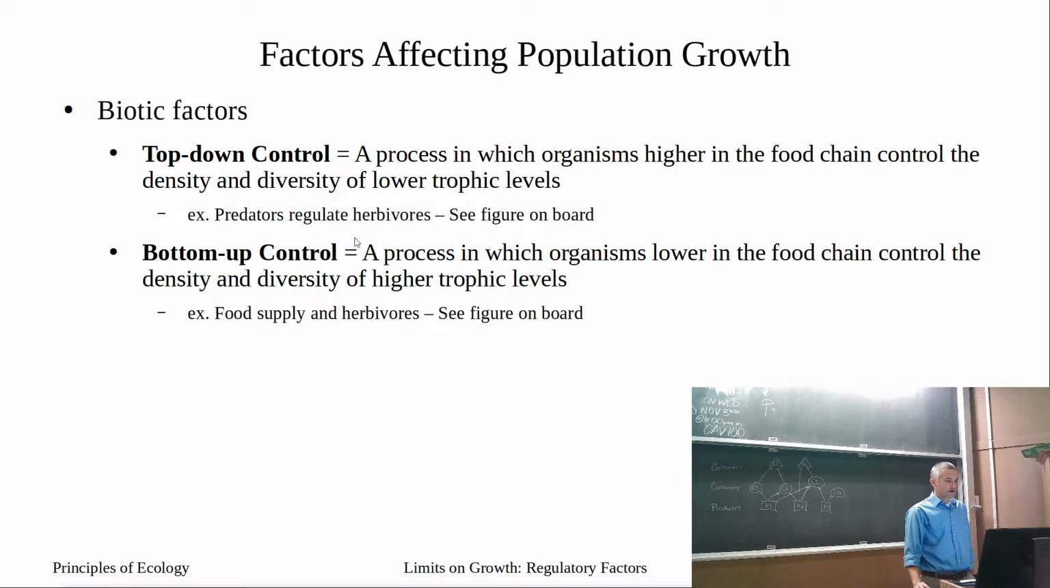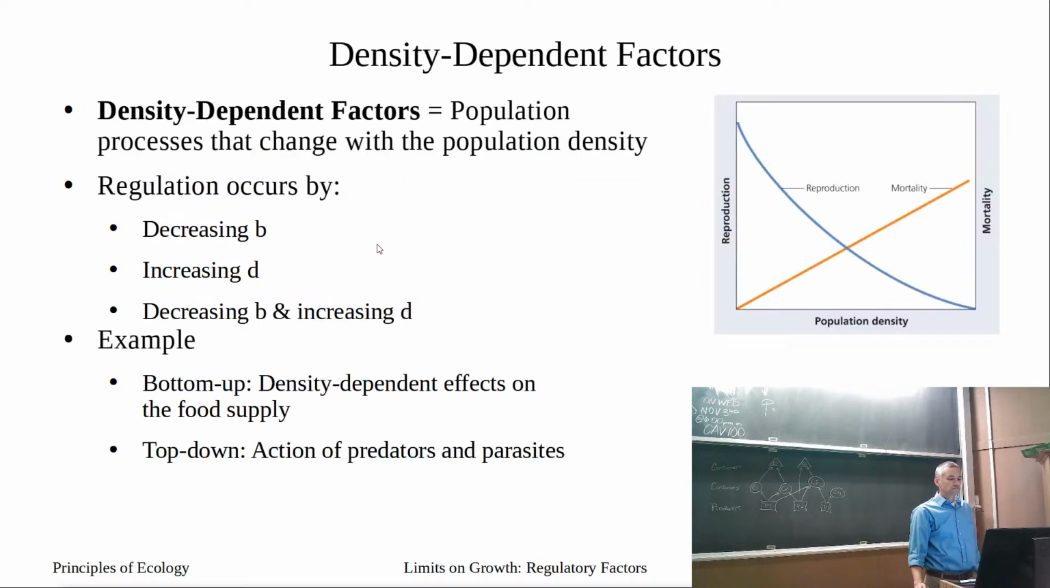All right, and that's what this is: predators regulate herbivores, and food supply regulates herbivores, and so forth. That's what we've done. Our predators are up here. Our herbivores are down here as our primary consumers. Our food supply are the producers. They're regulating our herbivores and so forth. All right. So when we see this type of regulation,